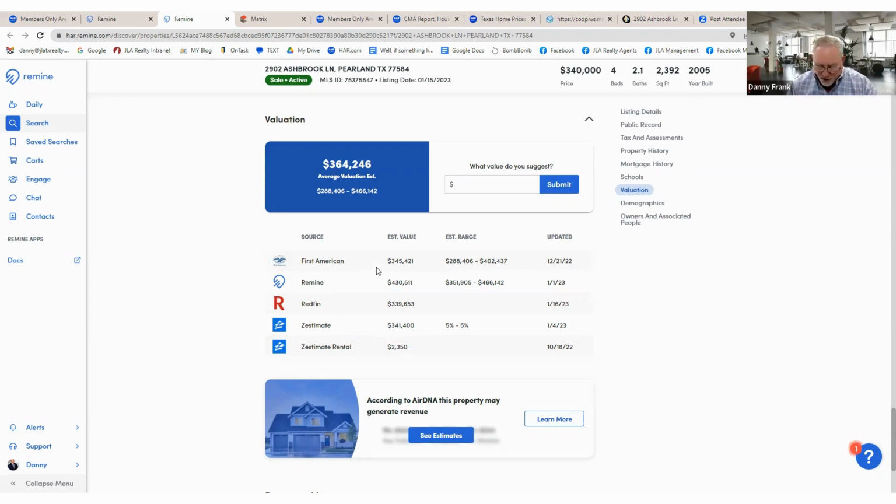But it's First American, I'm going to write that down at 345,421. Remine, I'm gonna write that down. Remine is 430,511, and Redfin is 341,400. So guys, I got to ask you this: with all these different automated valuation modeling tools out there, can't